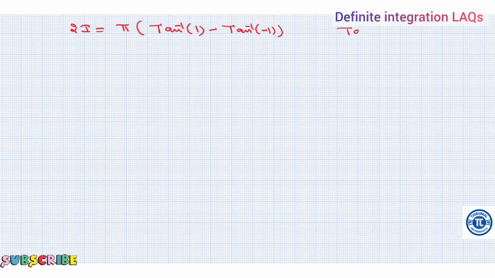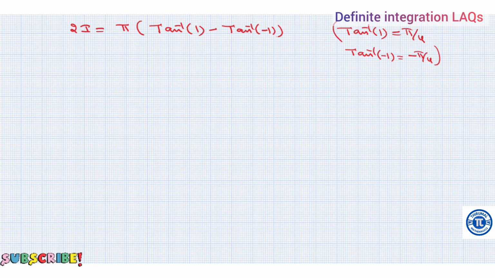Okay, we know that tan inverse of 1 is equal to pi by 4 and tan inverse of -1 is equal to minus pi by 4. Okay, both values substituted here: pi into pi by 4 minus minus pi by 4,